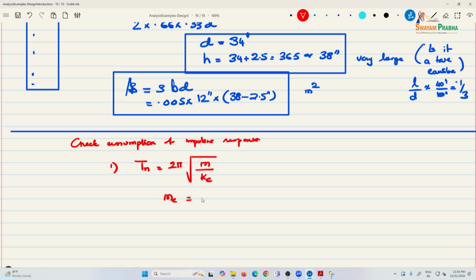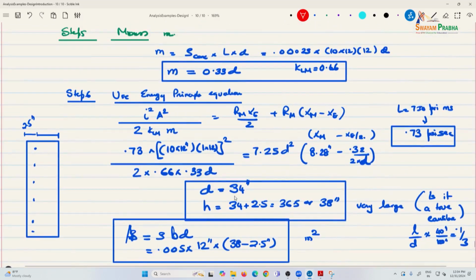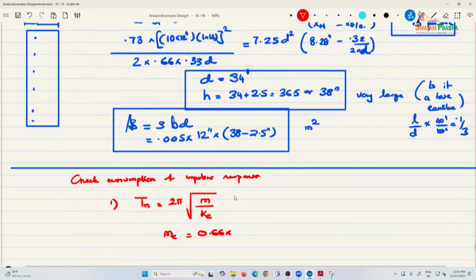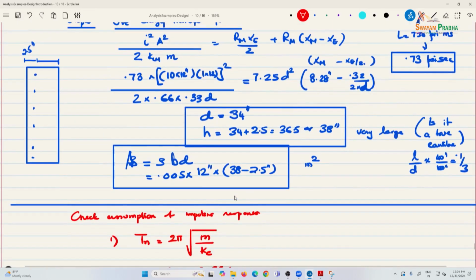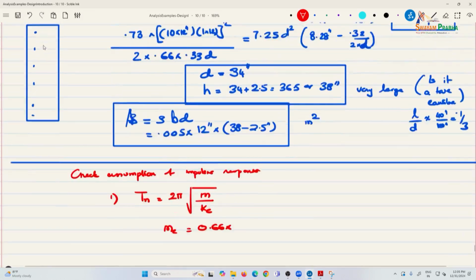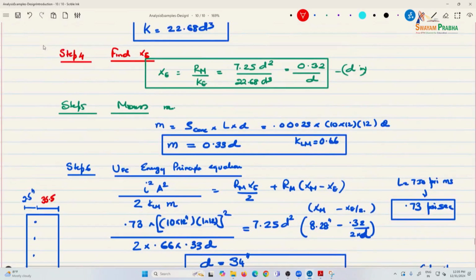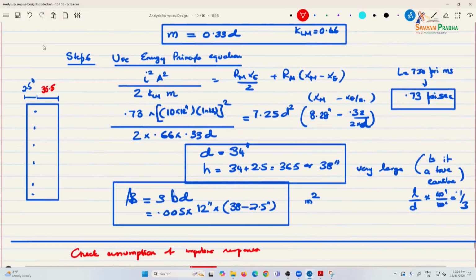So, Me is 0.66 multiplied by, we have provided a little bit more. So, D is how much? 2.5 and we said 38. So, this is 35.5. So, rho is 0.3, mass is 0.33 D